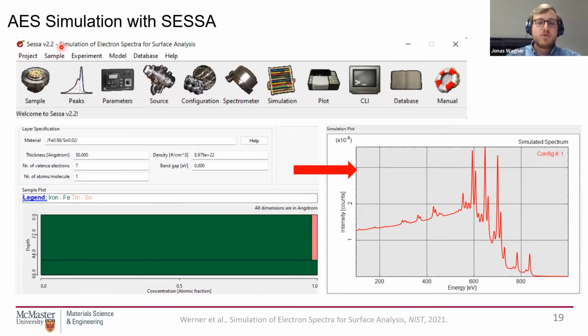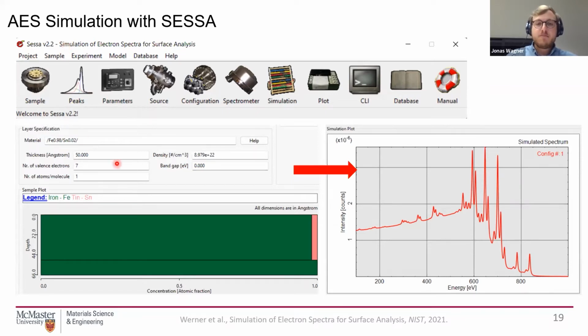It is published by NIST. Simulation of Electron Spectra for Surface Analysis, and it works in two ways. You can use it as an expert system to retrieve all those parameters from databases. But what I also found really helpful is that it has a Monte Carlo simulation tool inside.